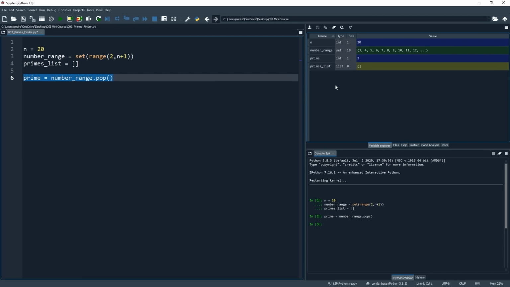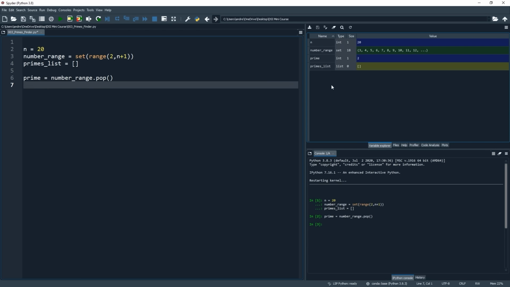Now, we actually know that the very first value in our number range is going to be a prime, as there is nothing smaller than it, so therefore nothing else could possibly divide evenly into it. As we know it's a prime, let's add it to our primes list object. And to do this, we'll use the append functionality that we learned about in the Intro to Python tutorial. So down on the next line, let's put primes list, the object that we're going to append to, dot append, and then parentheses.